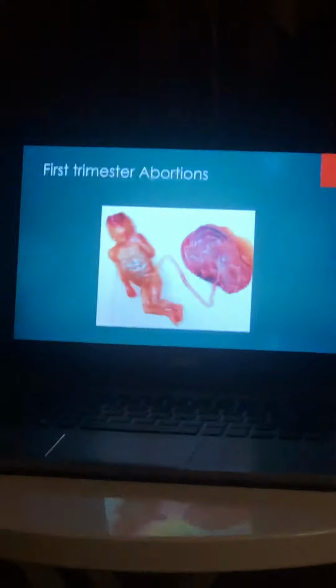Here is a slide of the first trimester abortion. In the book The Abortion Rights Debate by Justin Healy, he explains the techniques used for first trimester abortions. The medical abortion is where you get an injection of methotrexate, and then 5 to 7 days later insert misoprostol into the vagina, which causes a spontaneous abortion. It can be done up to 9 weeks.